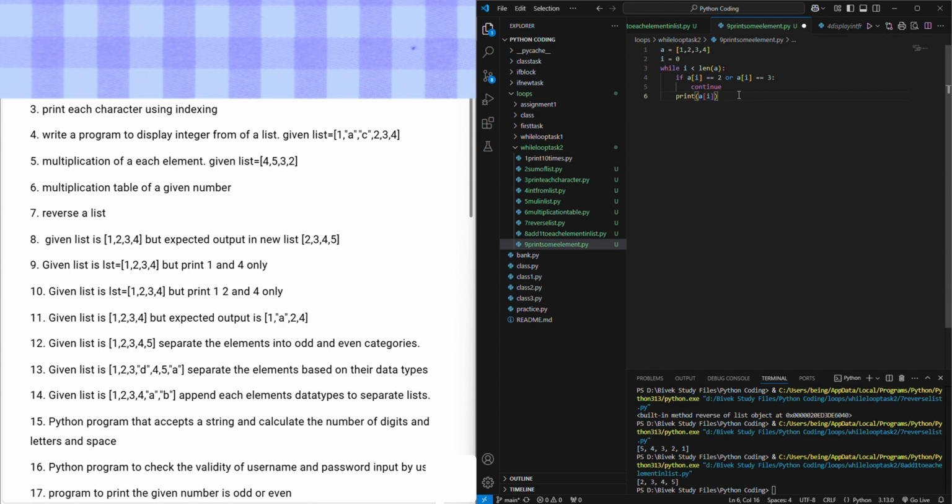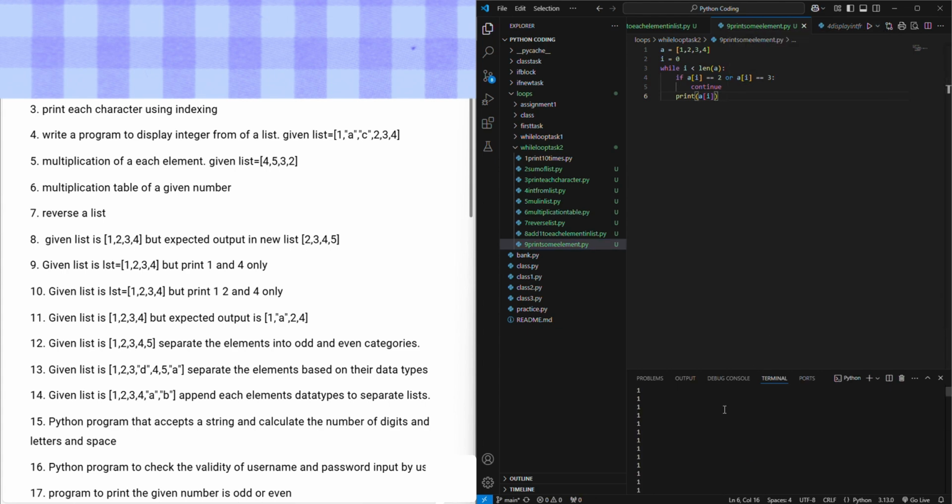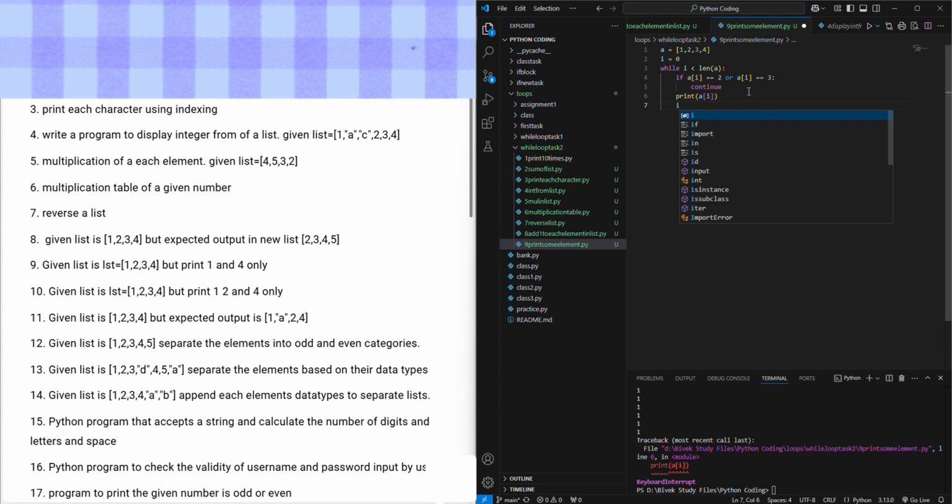So how does this program run? Let's run it once and I will show you. Okay, and here's the error. The error is I haven't used the increment operator, so it continues to print. Yes, the increment operator, which adds the value,